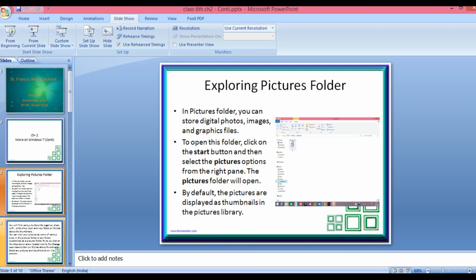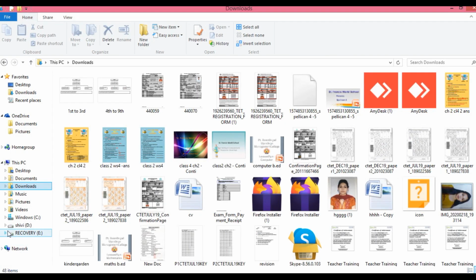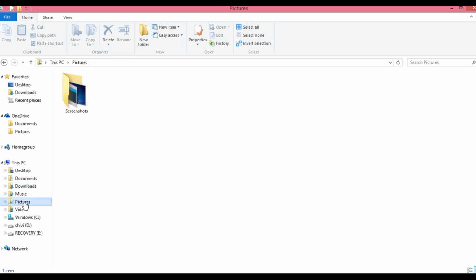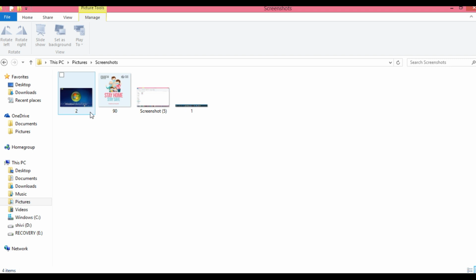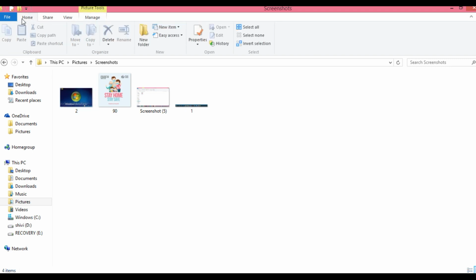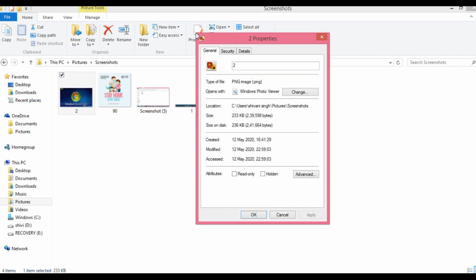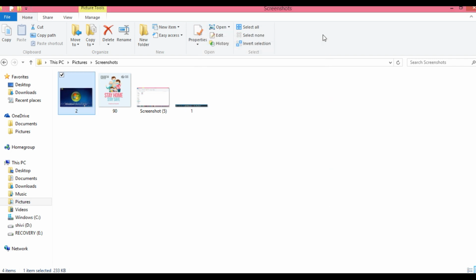See, this is our file option. We have to just click on it. We have to go on pictures option and see, my pictures are present here. I can see my pictures. Now let's see the different options present here. After selecting a picture, see, all the ways are open. I can see the properties. What are the properties? See, this is the size of the picture, when it was taken. I can delete it, I can rename it, I can move or copy it somewhere else.